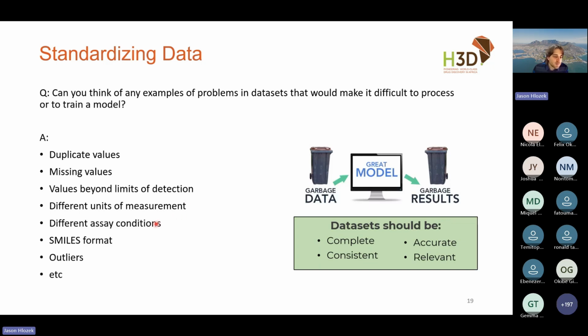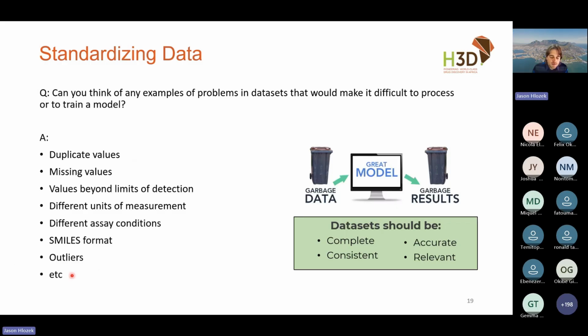What about if your compounds have been measured in different assay conditions or different readouts were used? You need to be able to standardize that. Otherwise, again, you're just increasing the noise in your data sets and not giving enough signal for the model to learn from. Our compounds in text are represented by this structure called SMILES. And with SMILES, you get multiple SMILES strings for the same compound, just depending on where you start labeling the atoms from. And so there are ways to standardize this, but if you don't standardize it, then you might actually have duplicate values and you just weren't able to detect them.